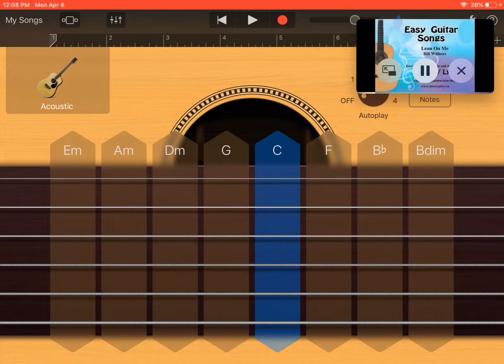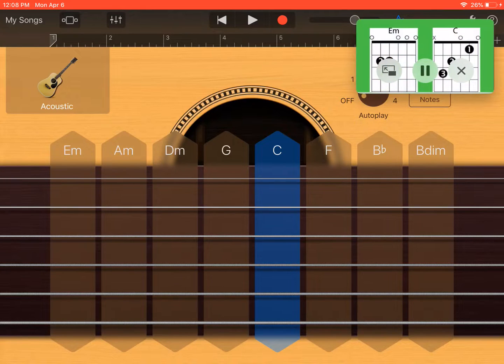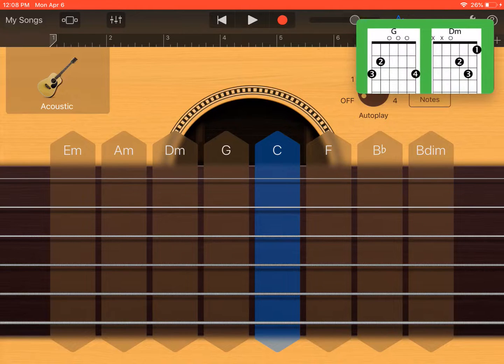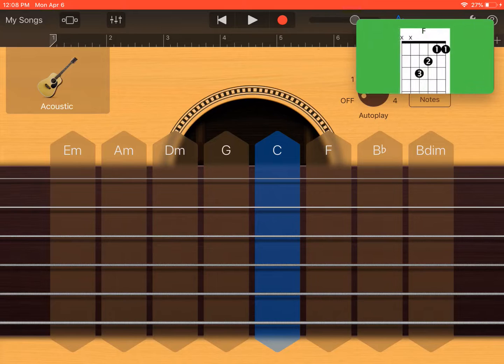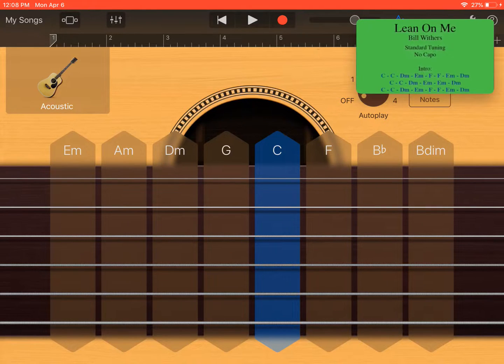See guitar song. Makes it easy for a beginning guitar player to learn to play and sing some of their favorite pop songs. So this will have the chords. Obviously we don't have to worry about the fingerings of each chord. We're going to focus on the letter name of each chord. Notice we had C, we had D minor, we had E minor, and F.